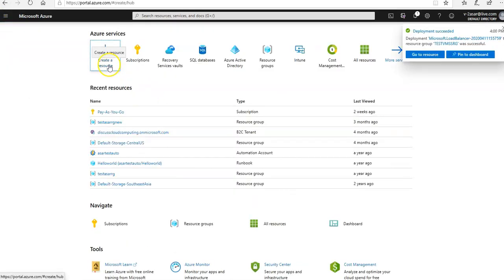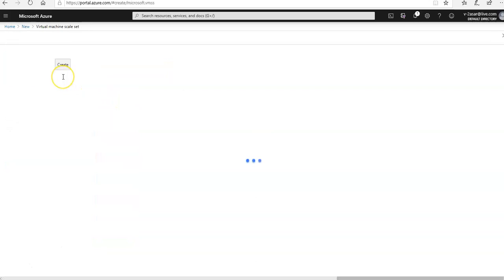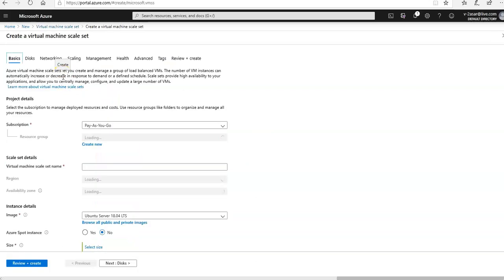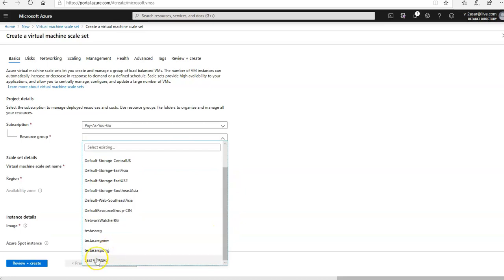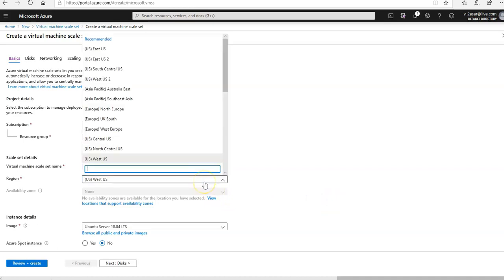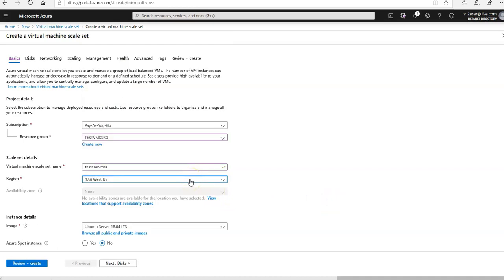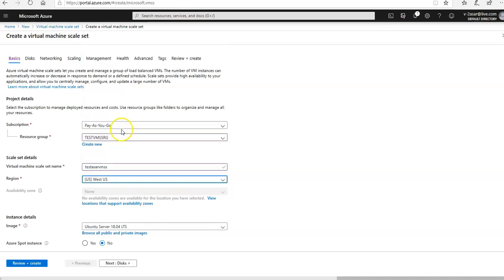I'll go back to the home. I'm going to click on create a resource, click on scale set, and click on create. My pay-as-you-go subscription. I'm going to use the existing resource group, which I just created. The virtual machine scale set name would be test Azure VMSS. The region would be Central India,